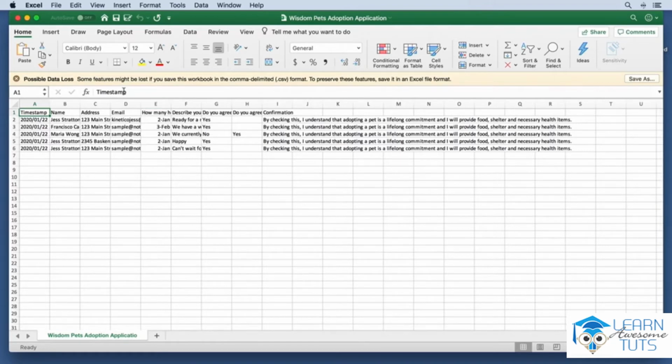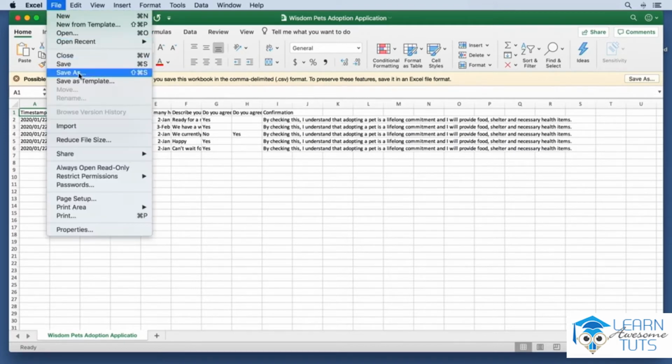It is telling me that some features might be lost if I save this in a CSV format. It wants me to use it in the native Excel format. So if you do this, just keep in mind it's always best to do a file save as and get it in Excel format. I'll click File, Save As,